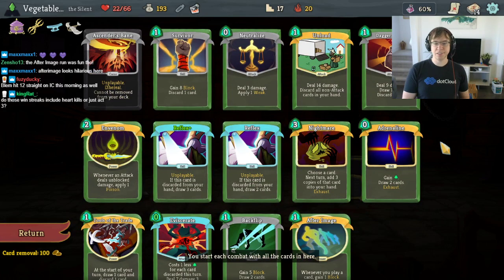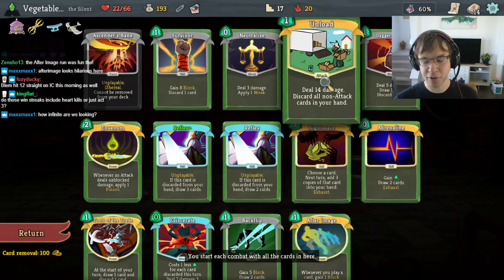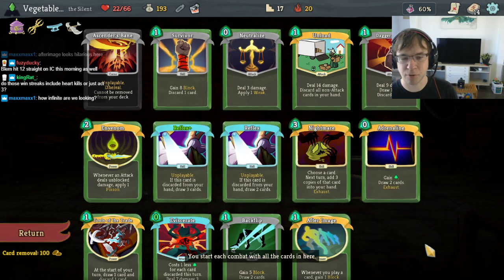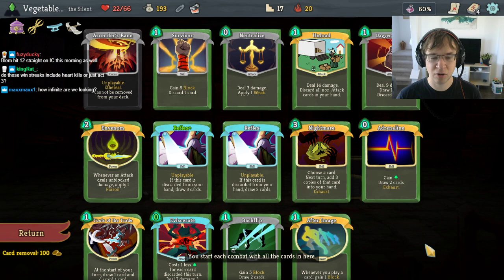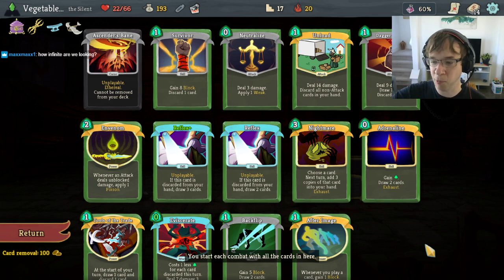So I realized in that last fight that extra skills are actually quite bad. Like having a Survivor and Backflip around means that Unload is discarding more cards, and then the Reflexes have trouble drawing back those cards. How infinite are we looking? I think very infinite. So we're infinite currently with a Tactician or a Prepared. So we're gonna get there. It's not infinite right now, but...